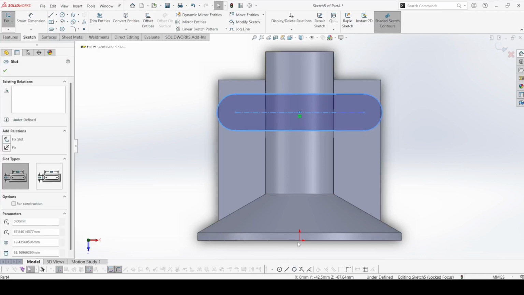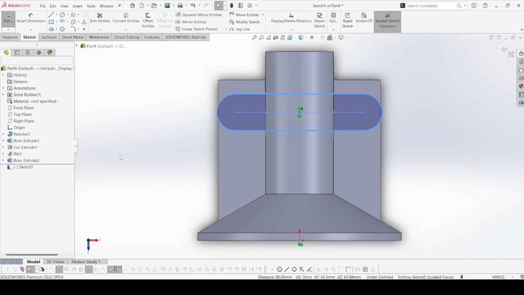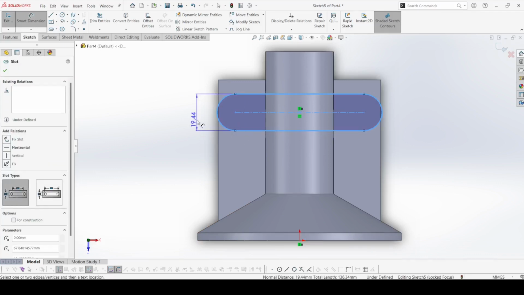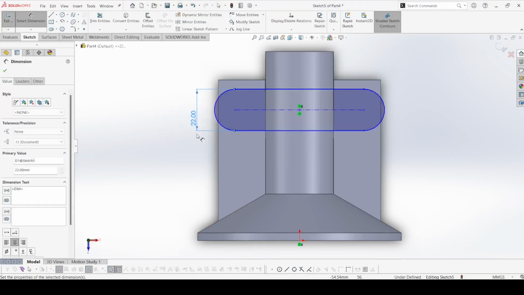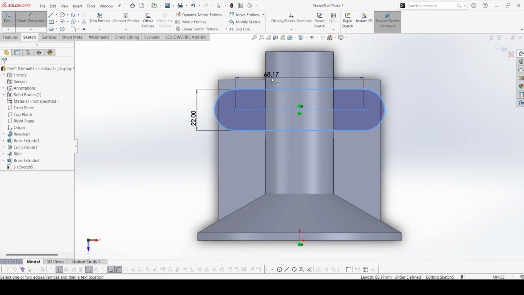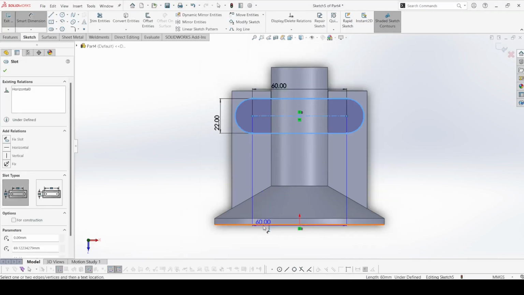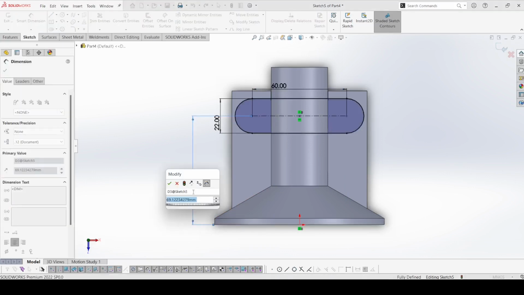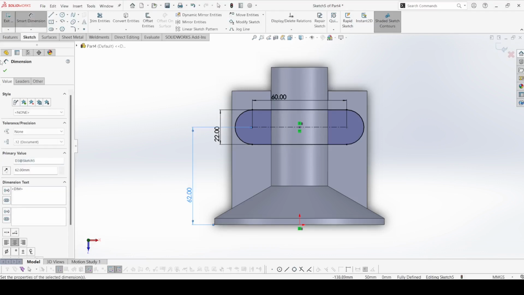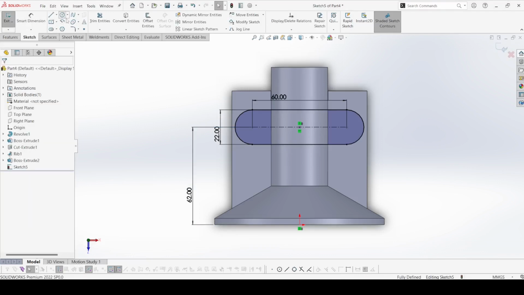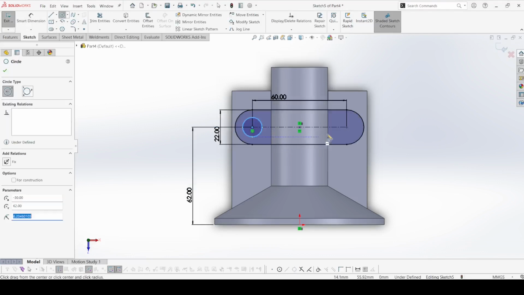Select this center point and this origin, make vertical, and this distance is 22 and this is 60 and distance from here is 62, I think. Yeah, it is 62. Now select circle and draw 2 circles